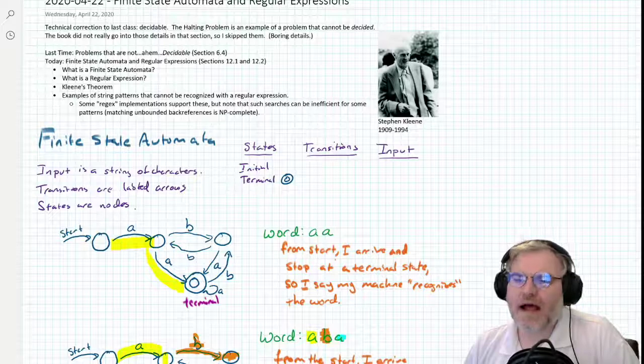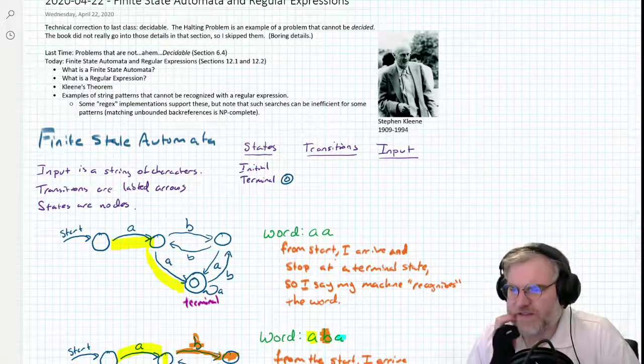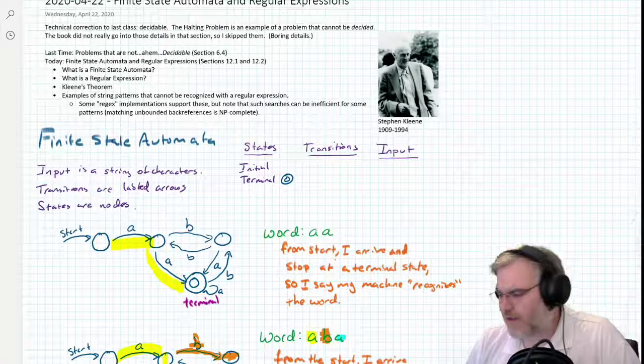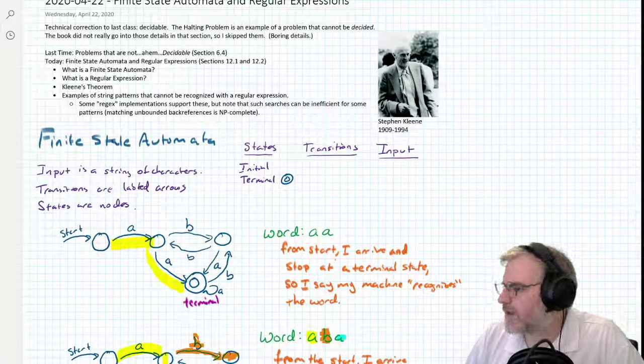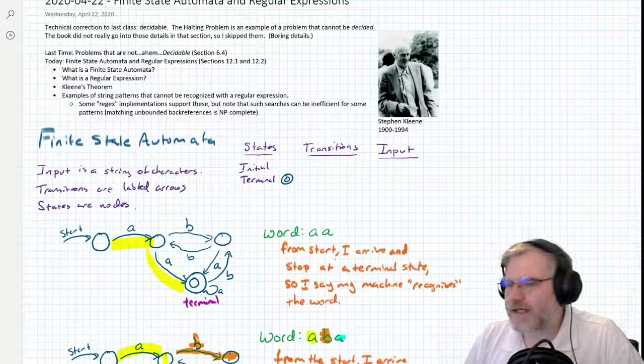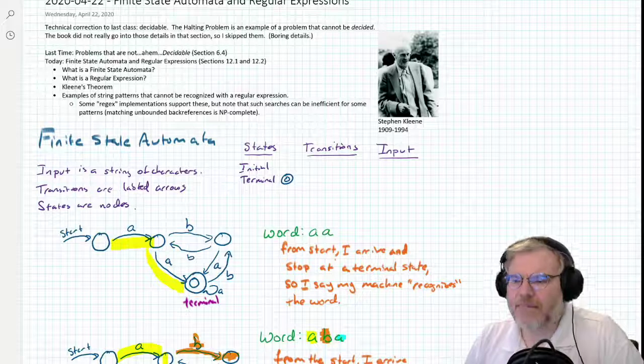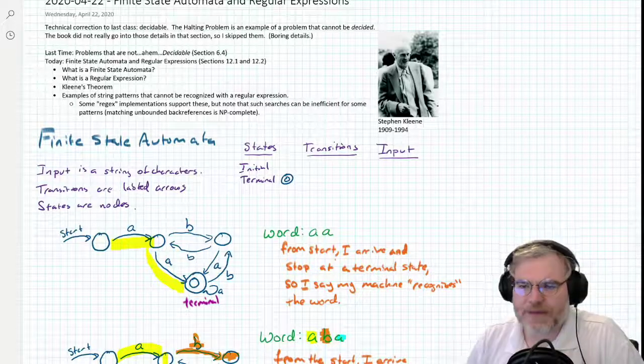Okay, because I actually want you to get regular expressions a little bit. P versus NP is important and cool, but it's not as important to your career as regular expressions, which are boring. They can be cool because you do finite state automata. Okay, maybe I'll talk about non-deterministic automata next time.